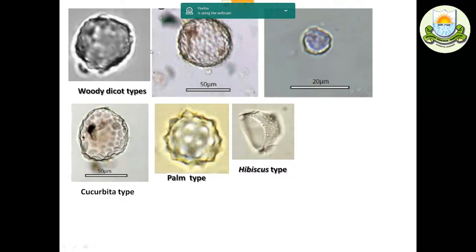my picture. I have taken this from some literature. These are globular granulate morphotypes chiefly produced in the woody dicot, that means forest indicators. And this multifaceted type is chiefly found in the cucurbitaceae, and this globular morphotype with spinules is noted in the palm family or palms, and this blunt hat is found in the